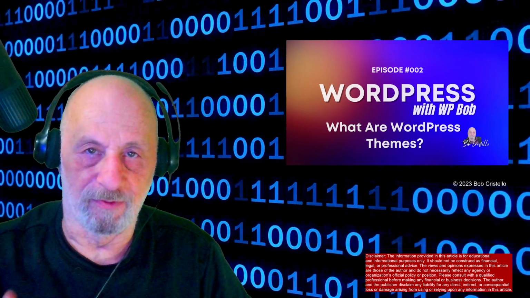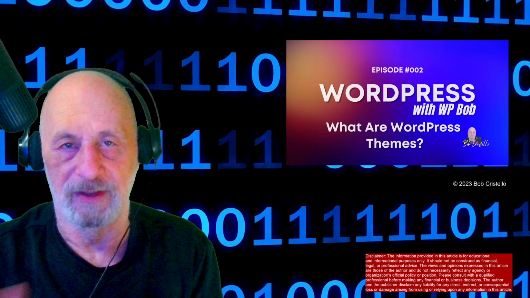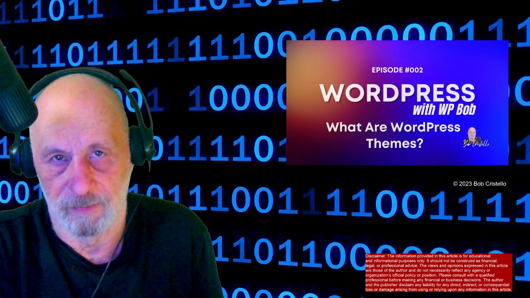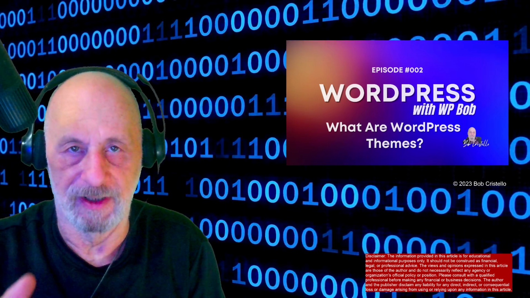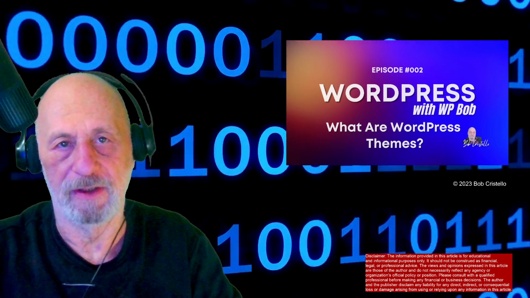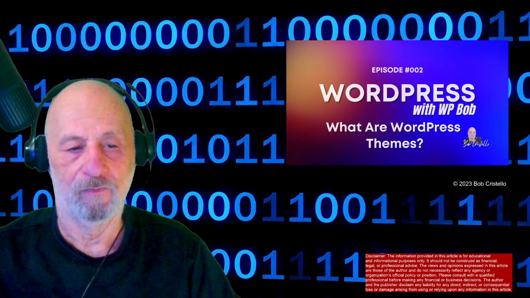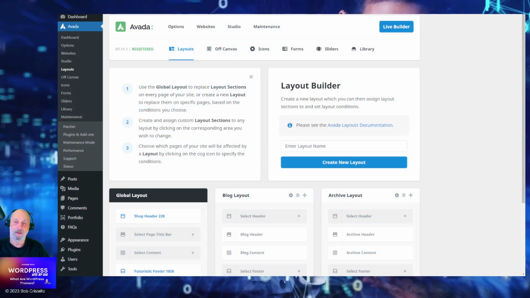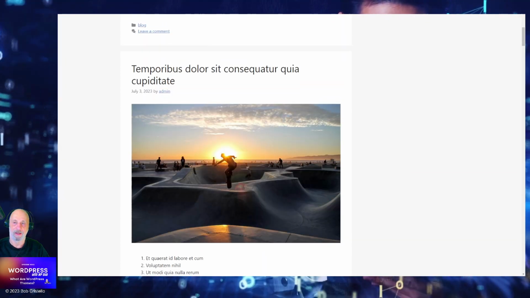Really good professional themes like Beta will give the option of putting everything into single files like you used to, or using this new format where everything is kind of broken up and you're only loading pieces of your CSS as you need them. And this is to make the site more responsive. Here, let's take a look at the responsive nature of a website. And let's look at this on bobcristello.com, because this is even better to show this.